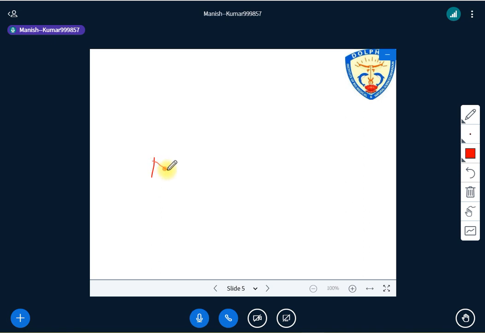For example, we have a station A, right? And a chain line has been drawn from here. As I have already shown you, a chain line should be drawn like that: one straight line, then some three dots, and then again the chain line. So this is going to represent the chain line. From A, one chain line has been drawn. So this is the chain line, right?